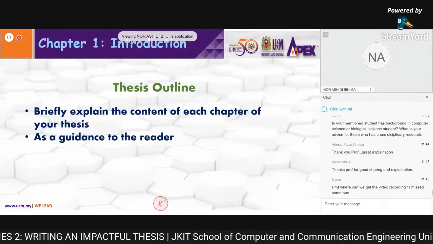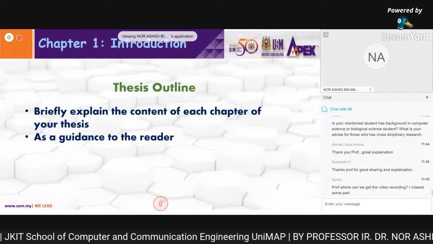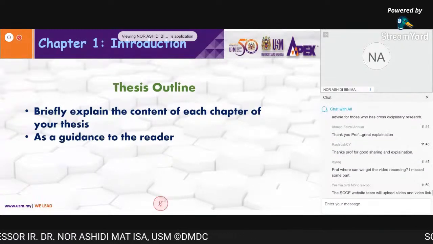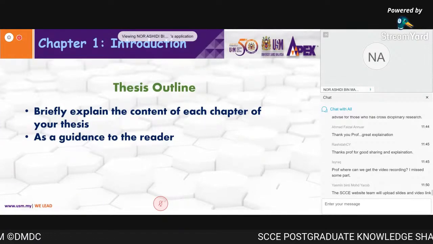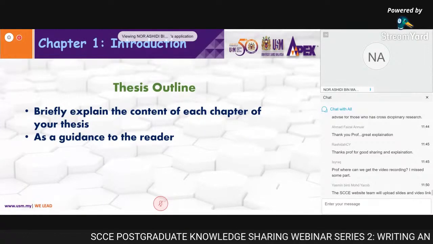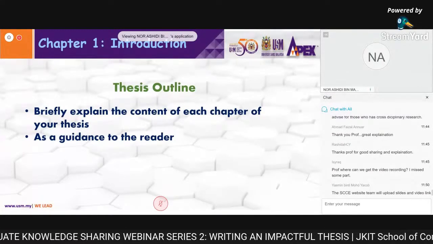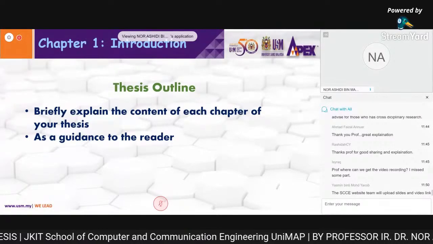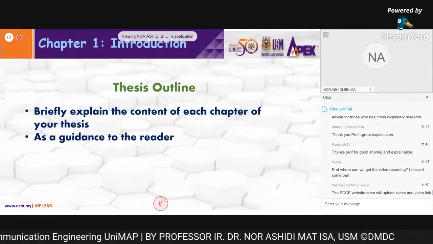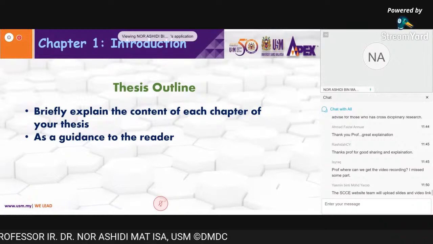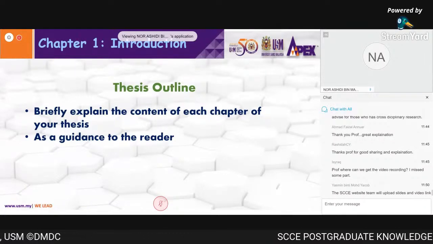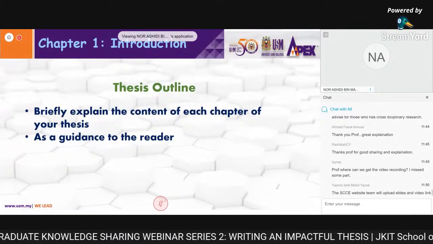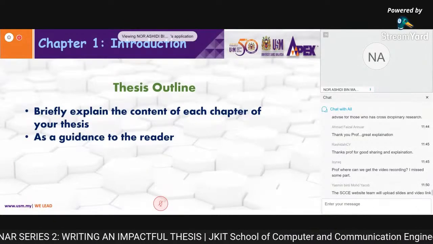People say it's not measurable because "study" is too huge, too broad. But if you refer to a very basic one, then "study" can be used. Once again, it depends on your research. If you try to investigate a new one, then you need to study first. If you do not study, how do you want to investigate the preparedness, and how do you want to do the analysis and so on? But at the end of the day, the output will be that it can be used or it cannot be used.